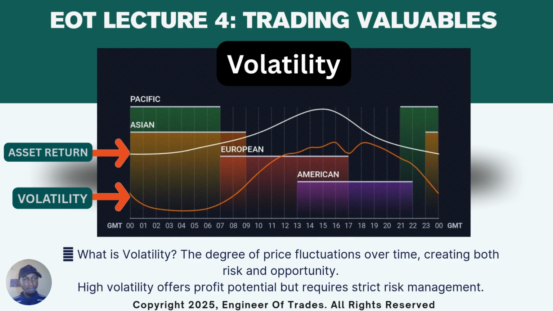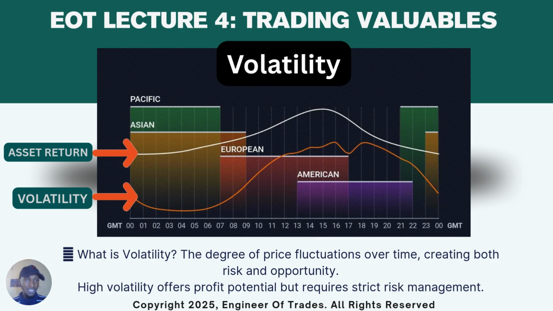Or let's take another example. You're trading an instrument like US 100 or NASDAQ 100. Just when you have executed your position, the price of US 100 was at 2695. And then just after 10 or 20 or 30 minutes into trading, that price fluctuates and goes down by 200 points. So that is going to be 2495. That is a huge price fluctuation, and that tells you there is high volatility in the market.